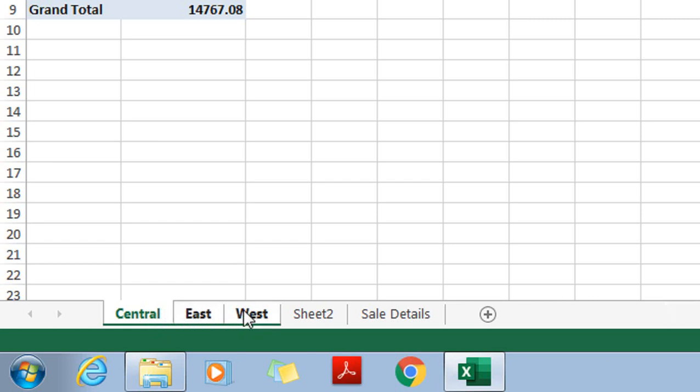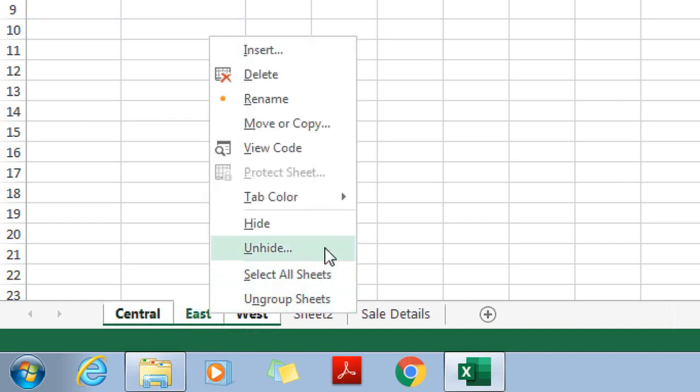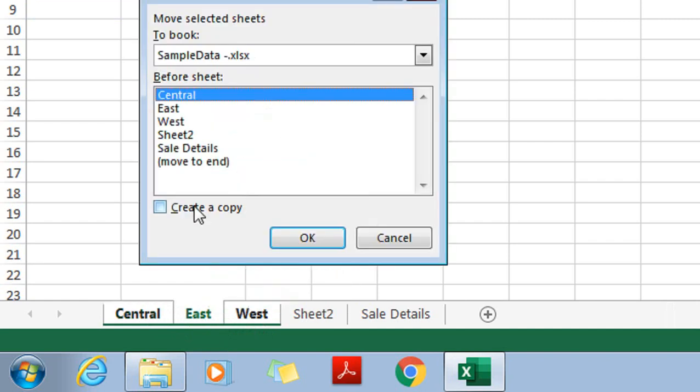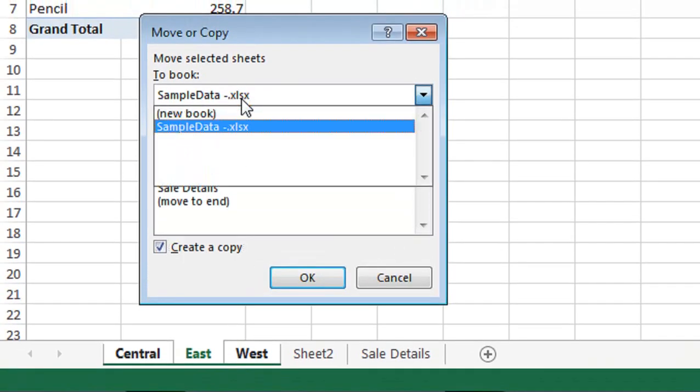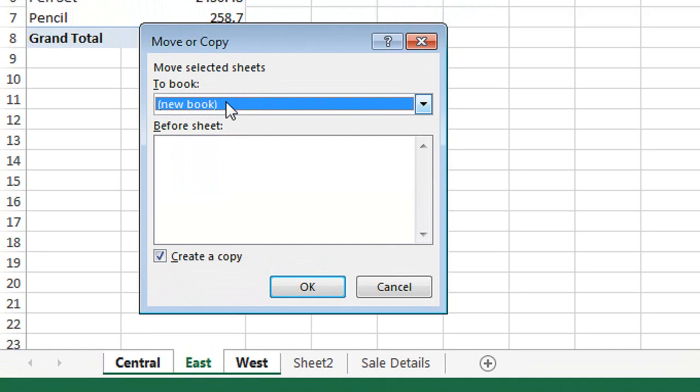Here central, east and west have been selected. I will right click and go to Move or Copy, and then check the Create a copy checkbox, because I want these sheets to stay here and I want to make copies of those sheets into a new workbook.